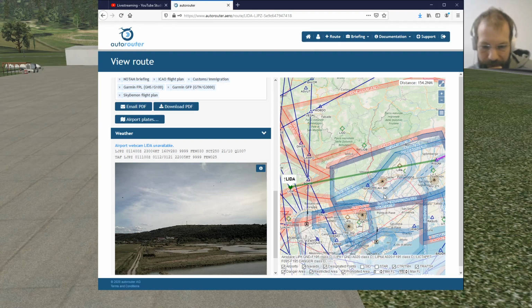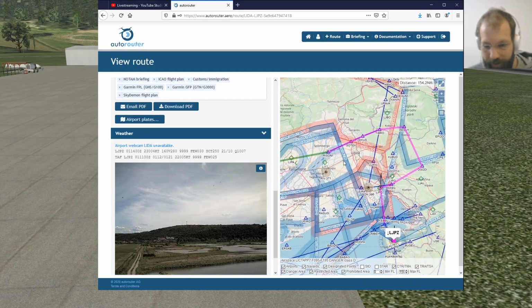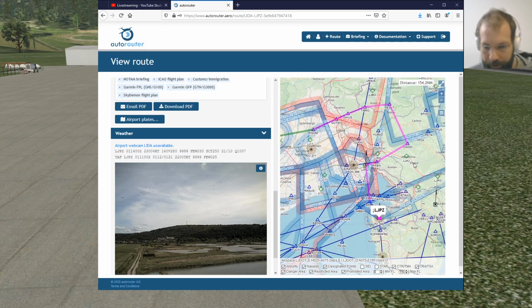I'm not sure if that is really possible like this in reality, since here we already have a class Delta airspace, but for the time being and for the sake of this simulation, we just assume that this would be possible. And probably in reality IFR pickup would be somewhere here when we cross into the Delta airspace, and then we would get some sort of a direct to Risom, and from Risom we make this quite nice turn here north of Trieste, and then start the